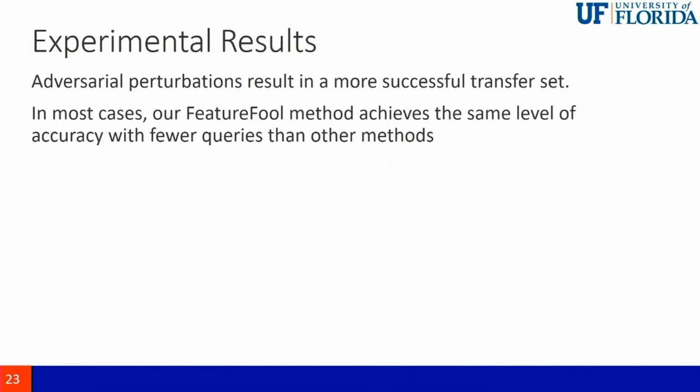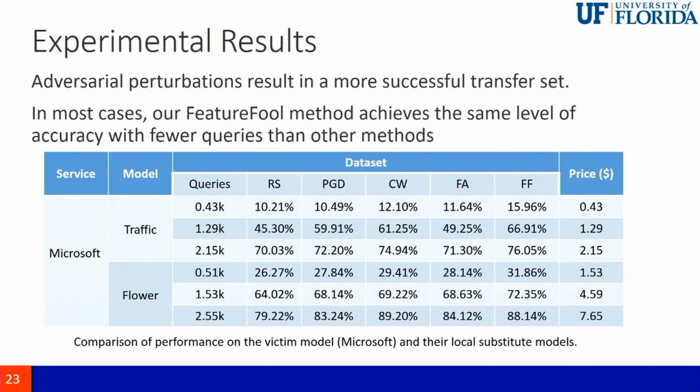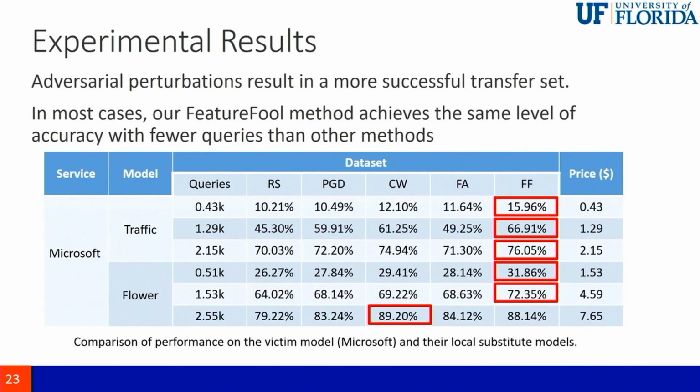So now let's take a look at the experimental results. Say we're using the Microsoft service, and we're using their traffic machine learning model and the flower classification model. You see that we only query a few hundred times, or at most 2,000 times. And the price is only a few dollars. And we can achieve very high accuracy. In fact, if we query like 2,000 times,